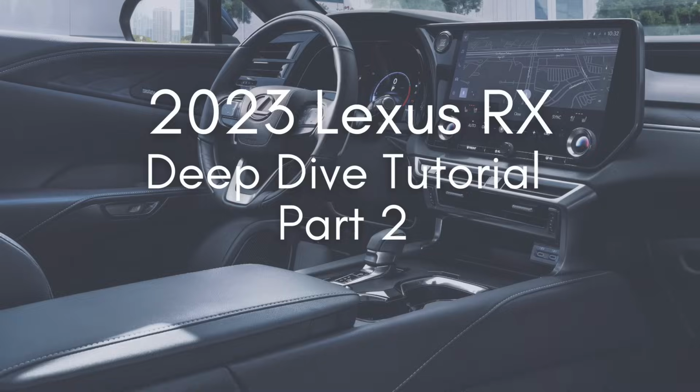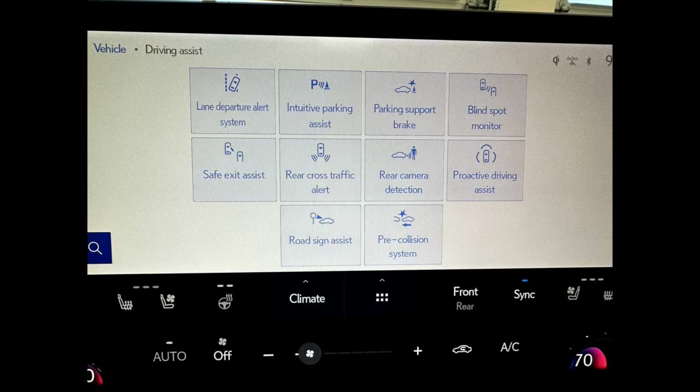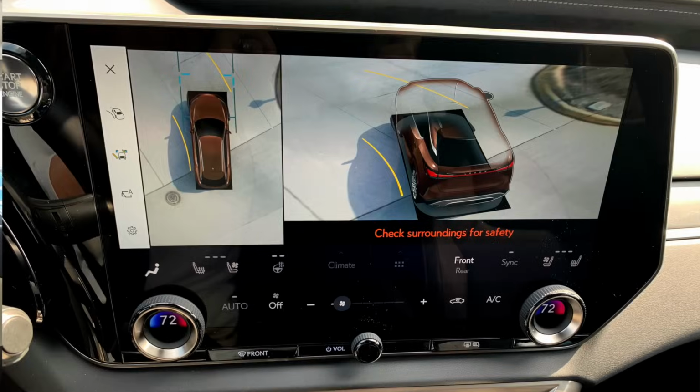Then, when you're ready, make sure to watch part two in order to explore everything about the new multimedia system Lexus interface. We'll go over Apple CarPlay, Android Auto, and all the advanced driving support features like the 360 monitor